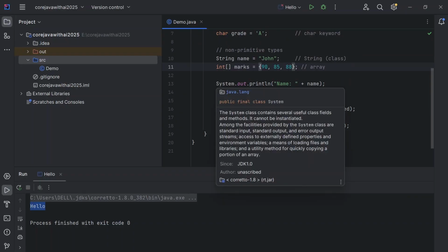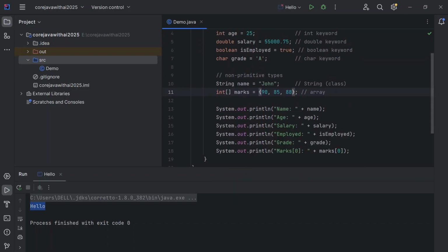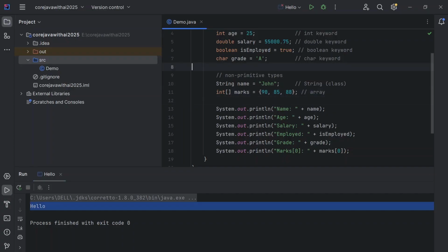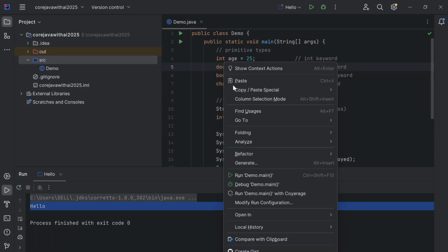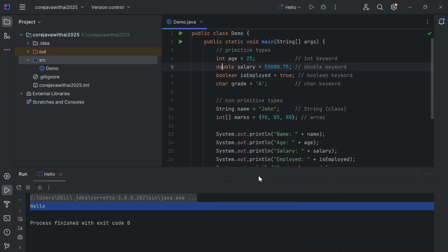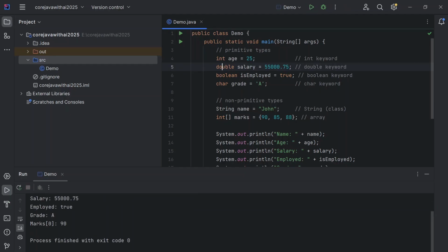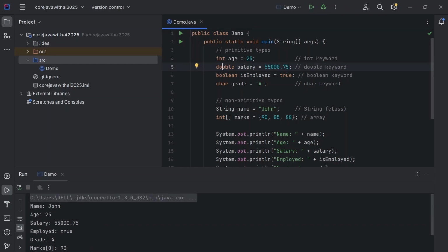Now we have to print these values. Okay, we have to print these values here. This is known as the console. So we have to print these values in the console when I run this program. So I will right click and I will run the program. Now you see, name is John. Okay, when I print name here we are printing. It doesn't get printed here, it is being assigned here. This value is being assigned here to the name variable, and this name is being printed on the console through this statement,